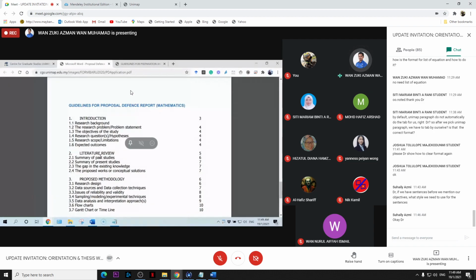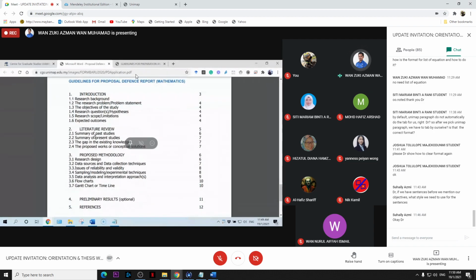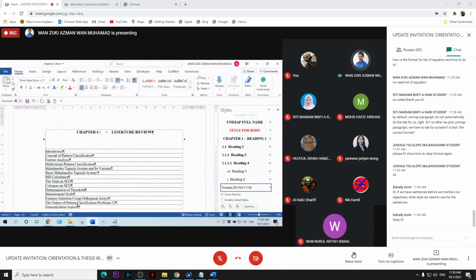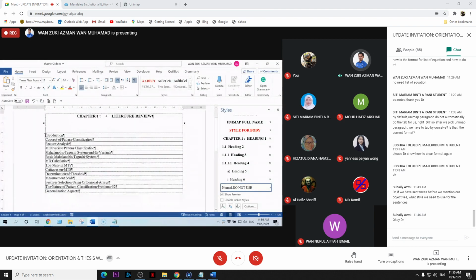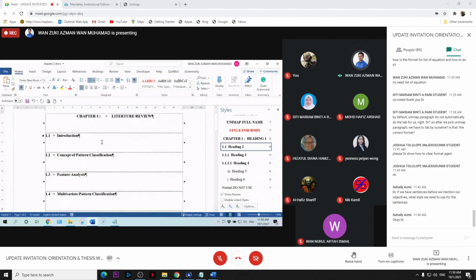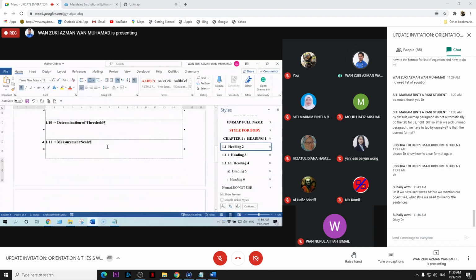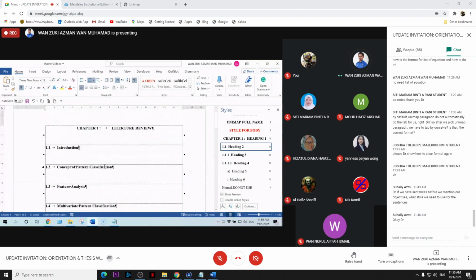If you want to use your own outline, also can. But this is the minimum item that you need to have. Then I paste here, and I just select one style, heading 2. So now I have my chapter 2.